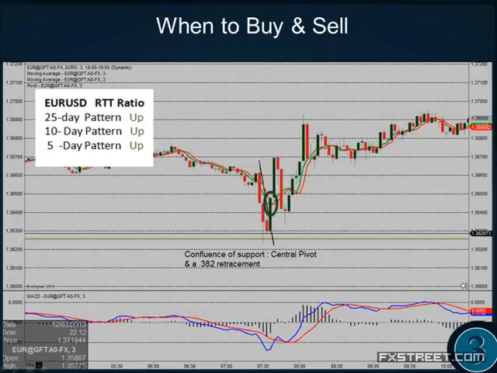The best thing about what I'm showing you right now is that you're not going to be selling, right? If you take one thing away from it, it's if the majority patterns are up, you're not a seller, right? If anything, you're looking to be a buyer, right? So at that point, that's what you're looking to do. Here, too, when you have a short-term trend line break right there, you're looking to be a buyer there.